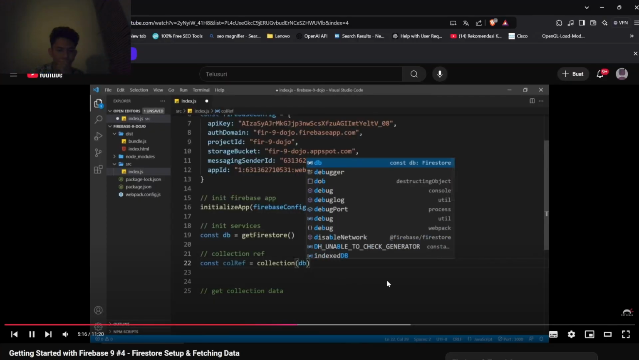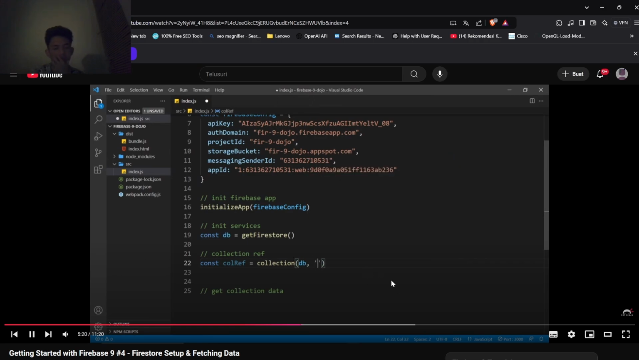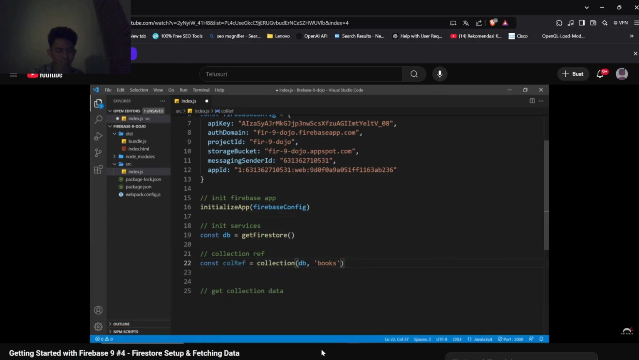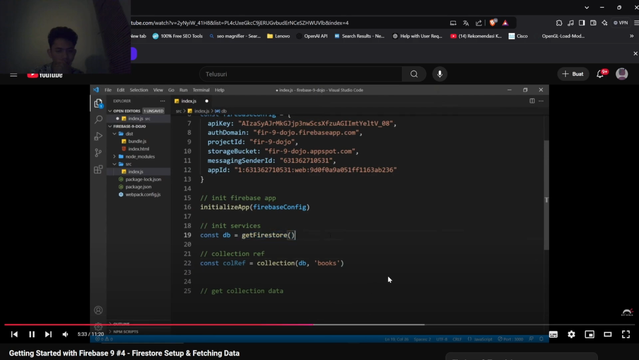So we know what database to look in for the collection. And as a second argument, we say we want the books collection. Now, if you've used previous versions of Firebase, already this is going to look quite different, because previously we might initialize Firestore a slightly different way. We would say something like this,